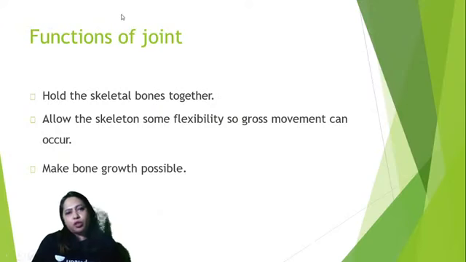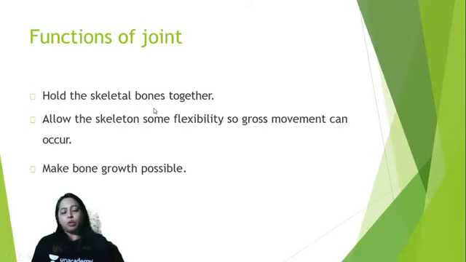Now, what is the function of the joint, first of all? Function of the joint is, see, if the joint was not there, we wouldn't have been able to move around, sit on any place or bend our back, sit, do all these sort of work that we do daily. We would not be able to do. So the function of the joint is mainly to give flexibility so that you can do movement, and then that is movement at various places, and then it also acts like a place where bone growth is possible.